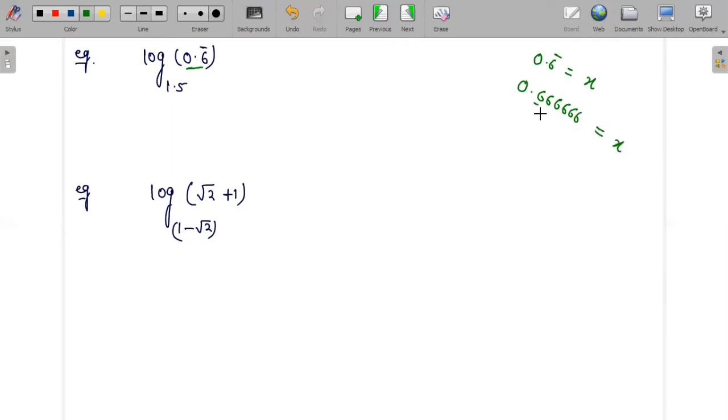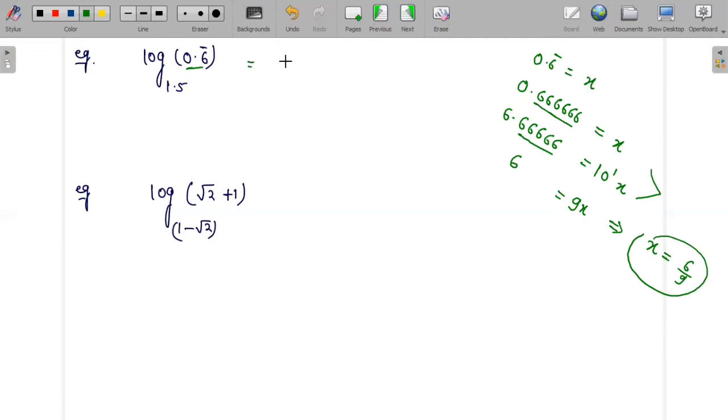First of all, you need to identify how many numbers are getting repeated. It is 1, so you need to multiply 10 to the power that number. It is 1, the number of repeated digits, on both sides of this expression. So I'll have 6.666 and many 6s are there. Once I subtract this relation, I'll get 9x is equals to, now from there this repetition of 6 after decimal will get cancelled out, and eventually I have a 6 on the left hand side. So from there I'll end up getting the value of x. It is 6 by 9, which is equals to 2 by 3.